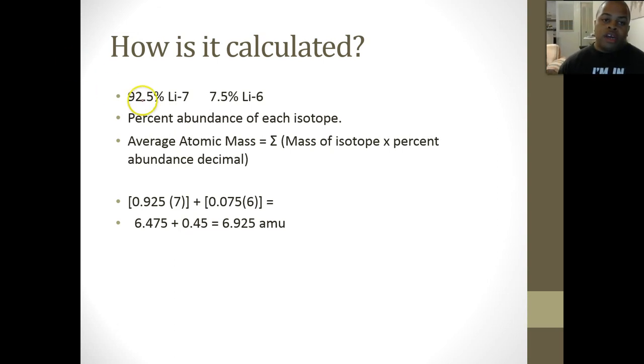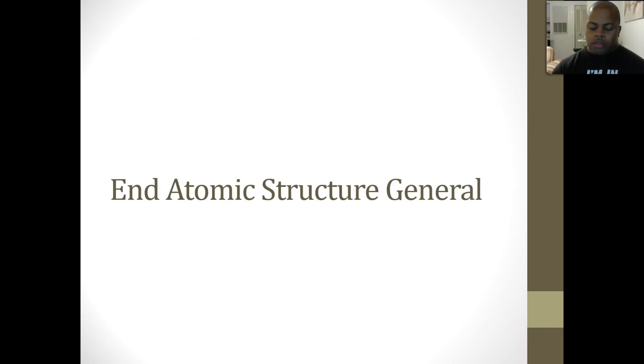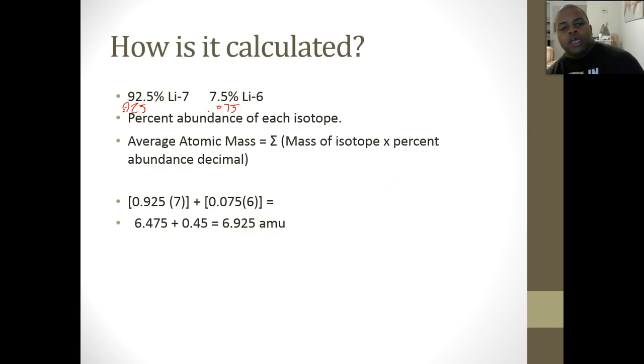So, taking our information, we're going to take this 92.5 and turn it into a decimal, 0.925, same as just dividing it by 100, and do the same thing here, 0.075. This allows us to actually multiply without running into any issues. Now, we're going to take this decimal and multiply it by the mass we were given. Since I wasn't given any other special numbers, I'm just going to use the 7 and 6 that were given to me here. So 0.925 times 7